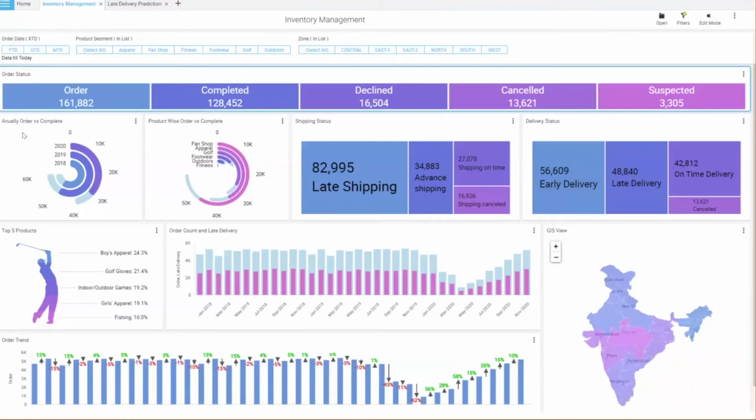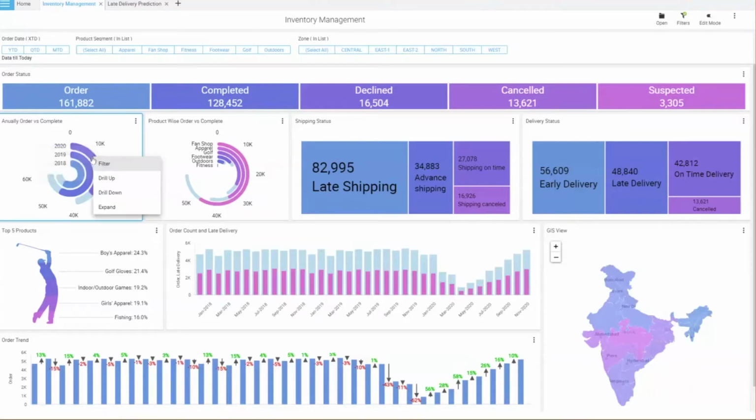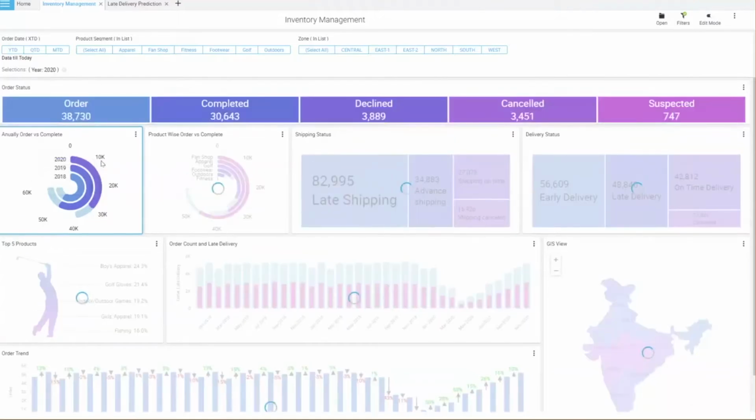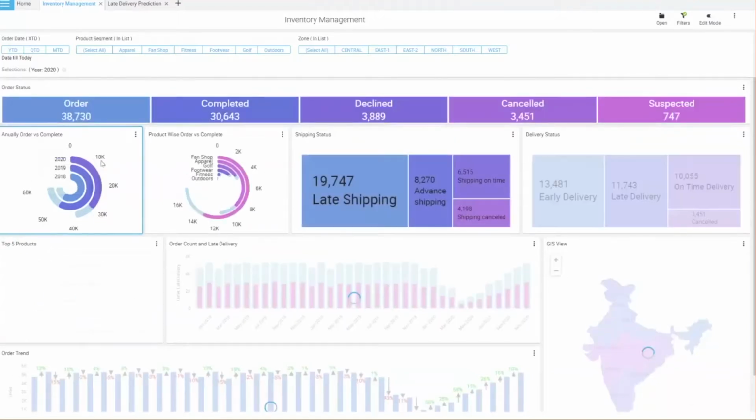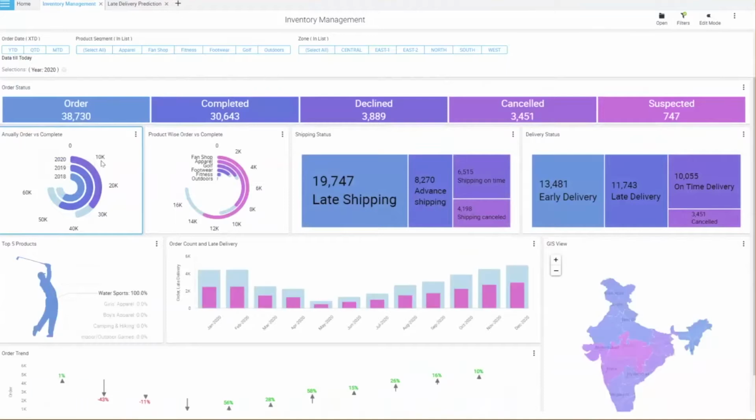And what we see next is annual order versus complete, or the versus analysis. When I say versus analysis, we have this information for a period of 3 years, 2018, 19 and 20. If I want to look at 2020 in particular, I can select that, and the whole dashboard boils down to information only for 2020.